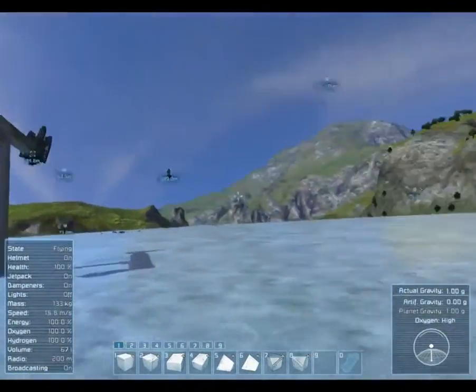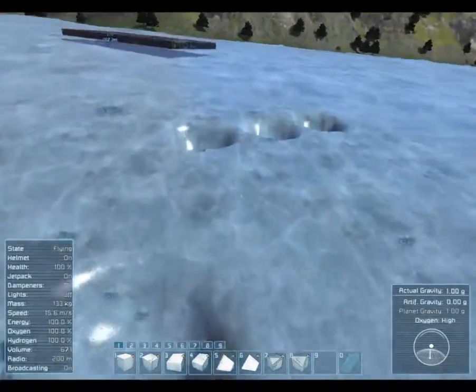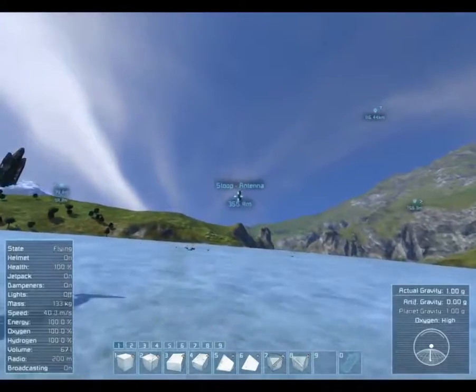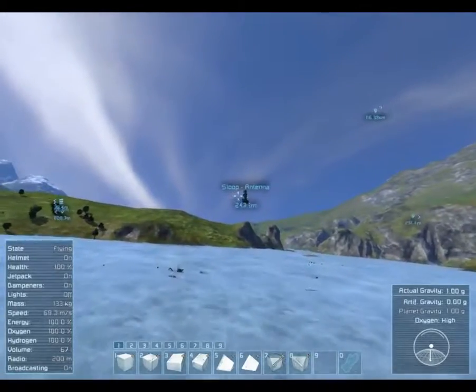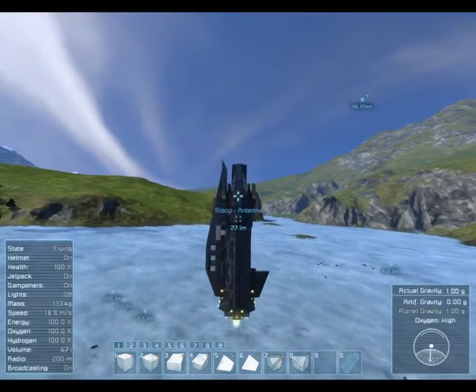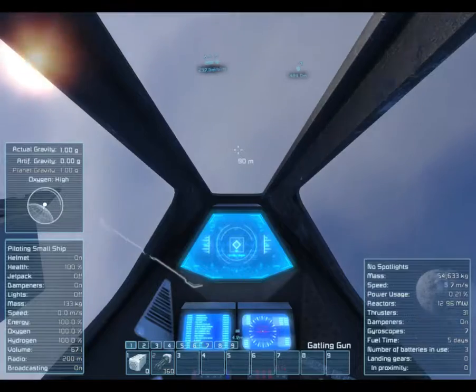Yeah, she's a pretty nifty bird. And naturally, the ice is getting a little pockmarked here, but she's more than capable. If we go ahead and come on over here, we'll actually attack that target with the rocket launcher. Funny thing about the Sloop is that she actually dives better than